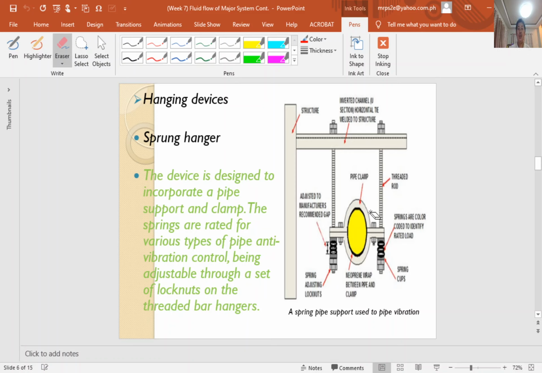This eliminates the vibration of the pipe while the ship is vibrating, and during maneuvering, arrival and departure in port there is a lot of vibration. So this will prevent the vibration of the pipe. Of course, you cannot eliminate the vibration 100%, but you can reduce the vibration with these devices.